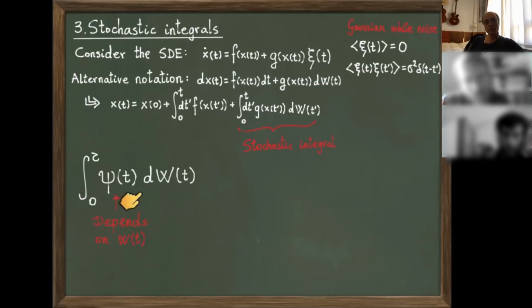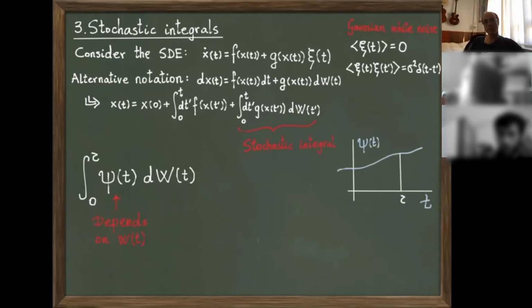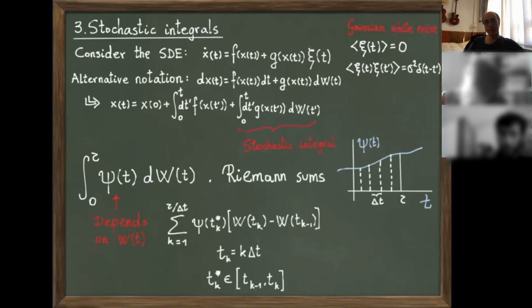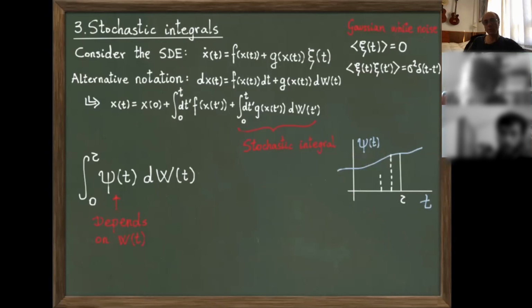If we want to make sense of this expression, we have to go back to the Riemann sums. Remember how we integrate a function? Here I put just a smooth function, but this will be much more complicated. I want to integrate this function between 0, which is here, and some time tau. What we did in the first courses of calculus is to make a partition. We divide the interval 0 to tau into small intervals. Remember the Riemann integral: it was to try to sum rectangles. Here is the area of these rectangles. So the Riemann sum,